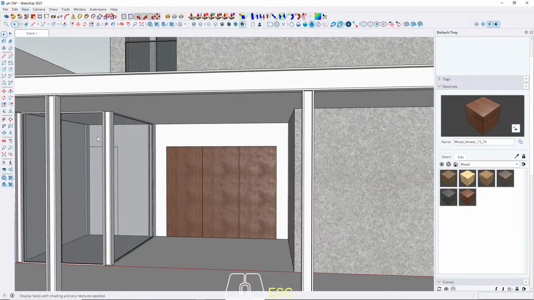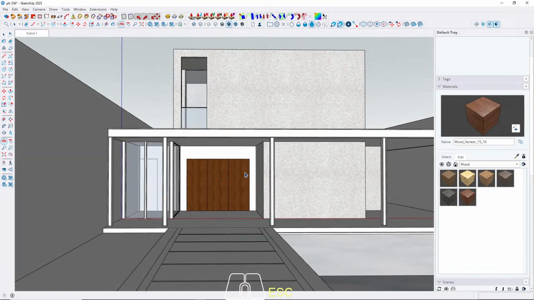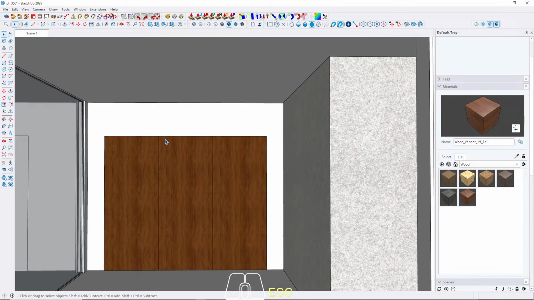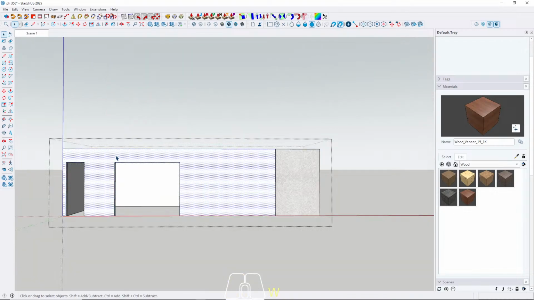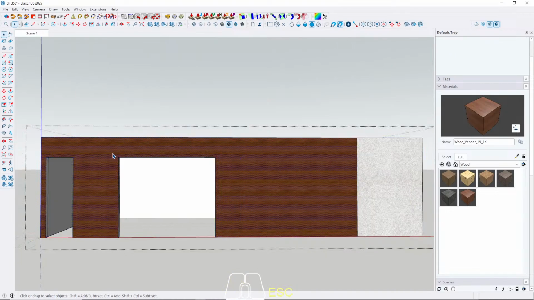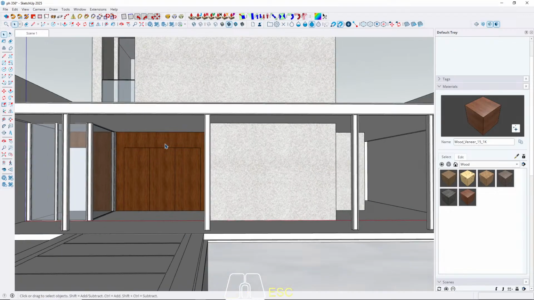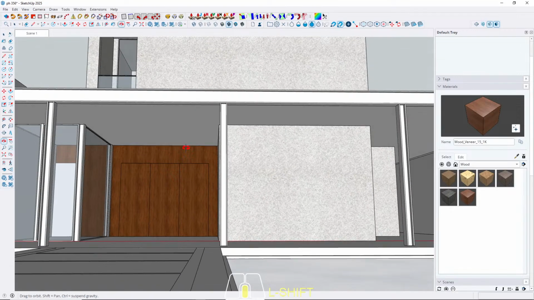Bottom material, set it with texture. Okay. Yeah, this one looks better, I think. Let's apply it on this face. Change the direction. Okay. And then